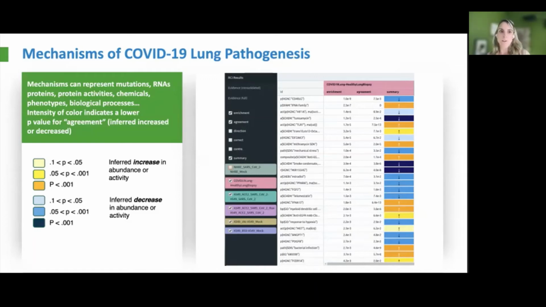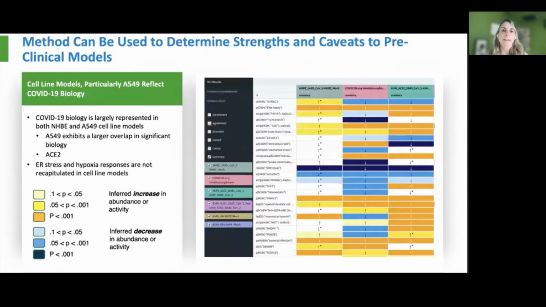So the color pattern that you're going to see here is yellow is a predicted increase, blue is a predicted decrease. The intensity of the yellow or blue corresponds to concordance, which is our confidence in the predicted direction of that mechanism. What is quite nice is that this is a very easy and intuitive way to start comparing and contrasting different mechanisms. And remember, we're looking at these at the mechanistic level, not at the gene expression level,